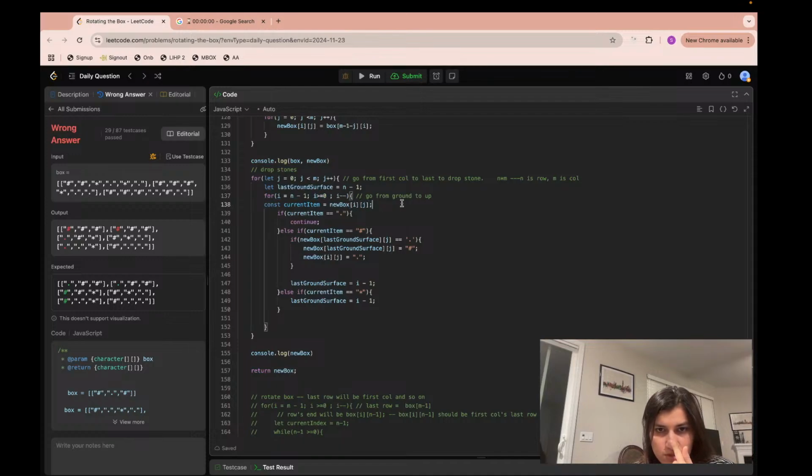J will always be from 0 to m minus 1 because m is the column. And if it is empty, then continue. If it is hash, then if my last ground surface, if n minus 1 is empty, then